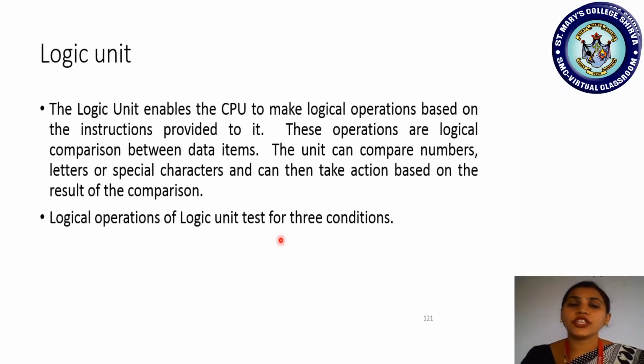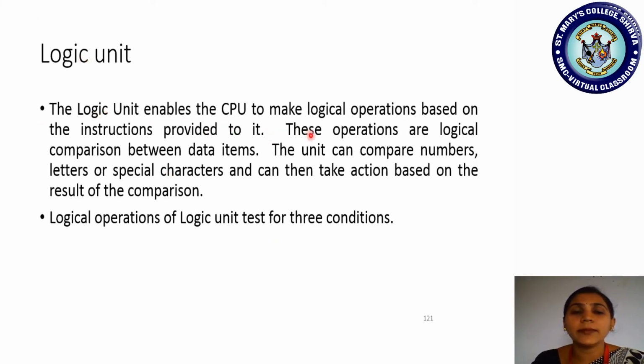And coming to the logic unit, as I told you in the previous session, suppose there are two conditions, and in some logical cases the result has to be processed only when both conditions become true. There are also logical operations where, out of two conditions, if any one of the conditions is satisfied, it may process the things. So these are the various methods we find in the logic unit.